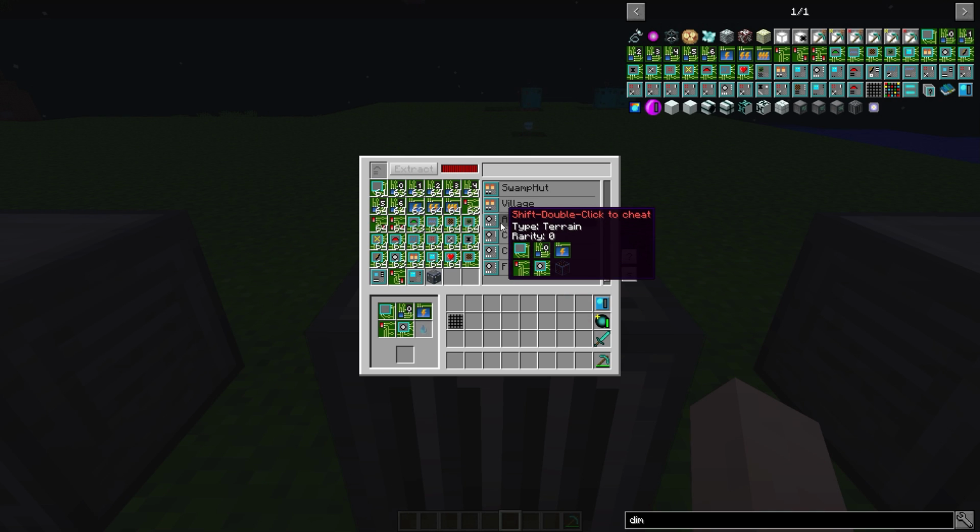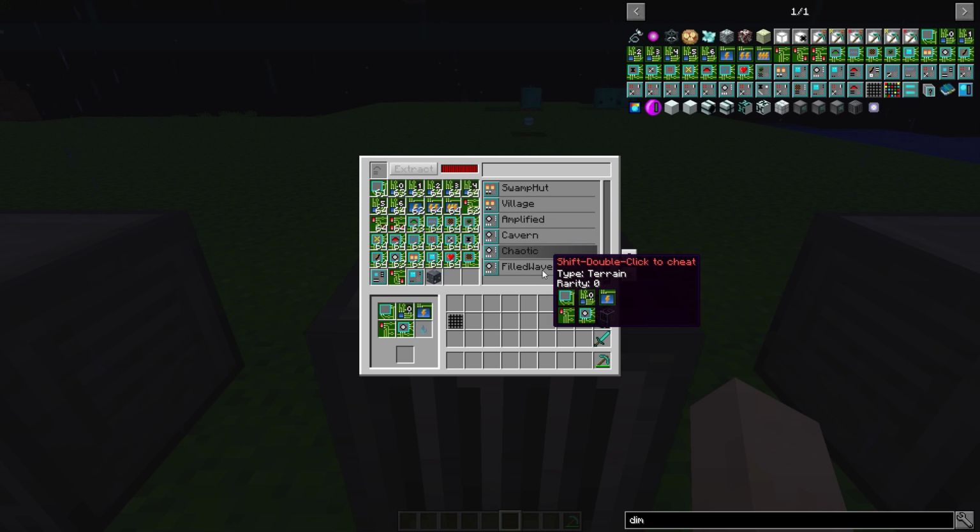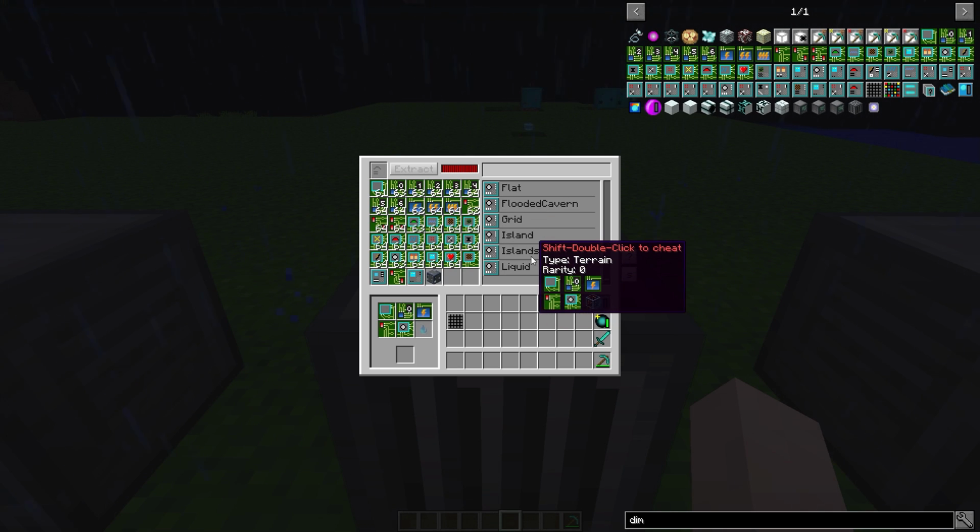this one. And this one is going to require the absorber. So as you can see, we're missing the absorber. It's not filled in there. But if we have the absorber, we can put it there. Caverns, chaotic, islands, liquid. And as we saw with the liquid,